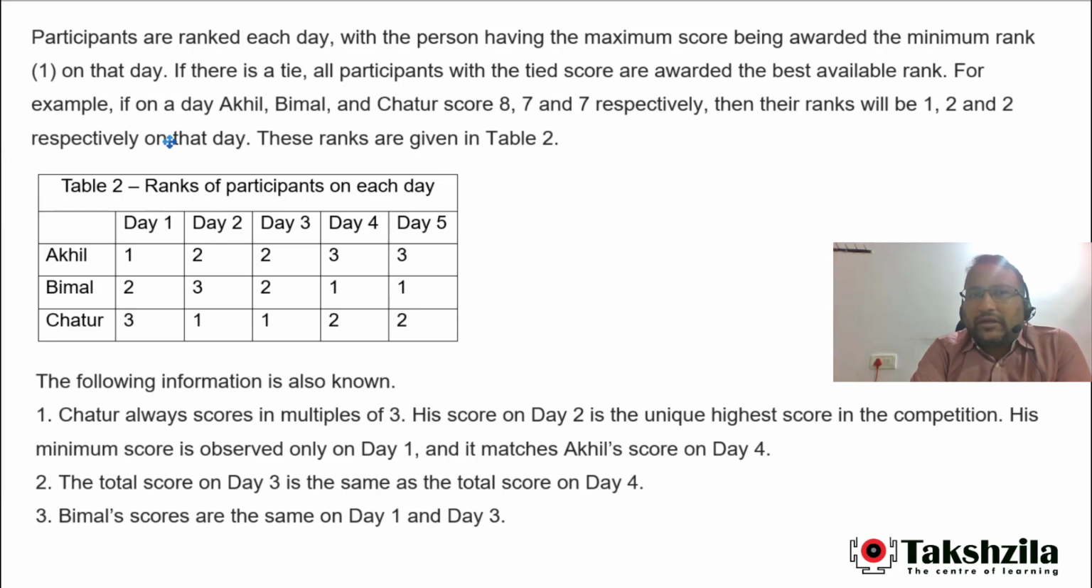For example, if on a day Akhil, Bimal and Chatur scored 8, 7 and 7, in that case rank 1 goes to Akhil and Bimal and Chatur will secure rank 2 and rank 2 each. These ranks are given in table number 2. After this, some statements are given over here. You can read these statements, and as of now the important statement over here is